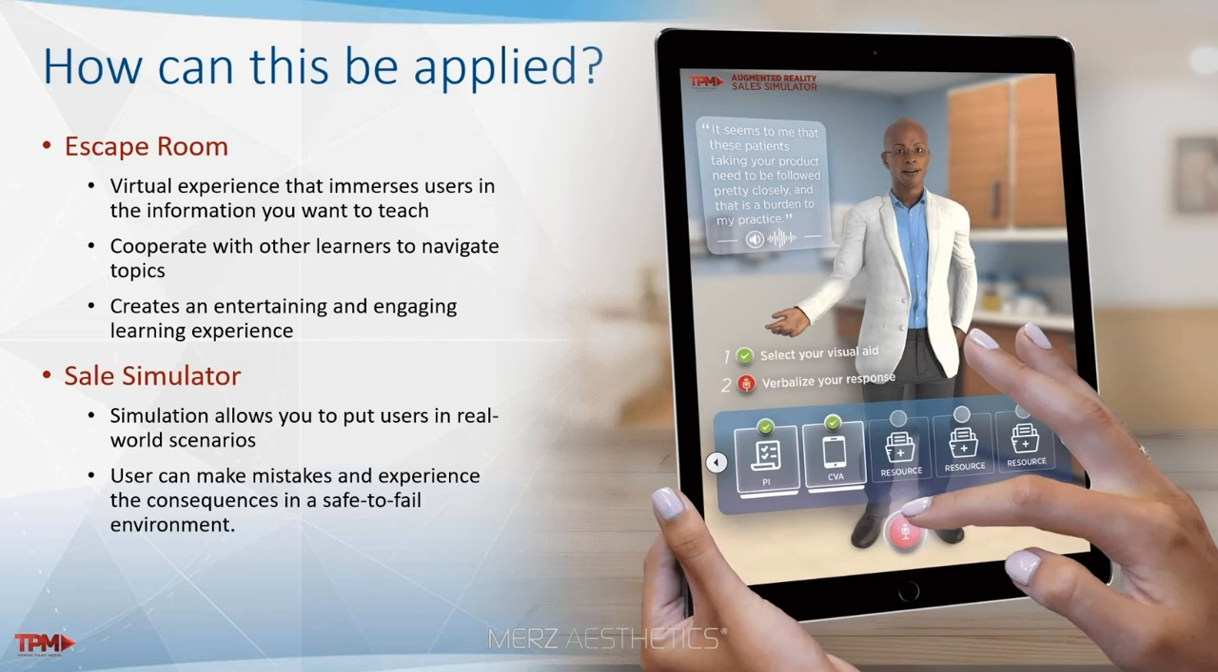Escape Room was actually taking content that would be found in a PDF and creating a full immersive experience. Not only does the game itself teach you things, but you're constantly being quizzed and trying to earn a high enough score and leaderboard. Now, the sales simulator actually goes through scenarios and allows you to feel what it's like in the real world with a safe to fail environment, but also allows you to think about how you would